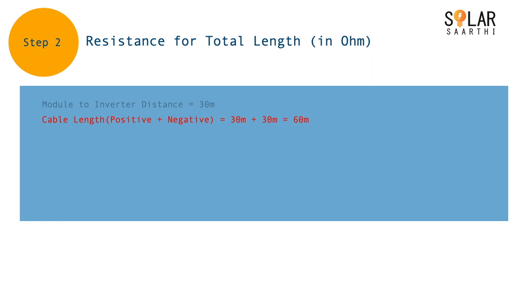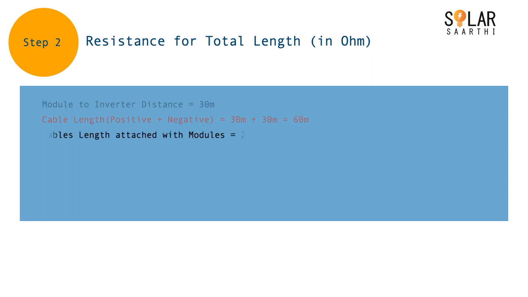One thing you need to check here is, if the distance of module to inverter is given, then you need to calculate the cable length by adding both or by multiplying by 2. And if the designer or the site surveyor is giving you the total cable length that includes the positive and the negative cables, then you don't have to double that. You don't have to multiply that 2 times, right? Also, this is the cable that you are adding from the last module to the inverter. The modules already have 2 cables, a positive and negative. Usually the length is 1 meter each. So that also needs to be added into the voltage drop calculation.